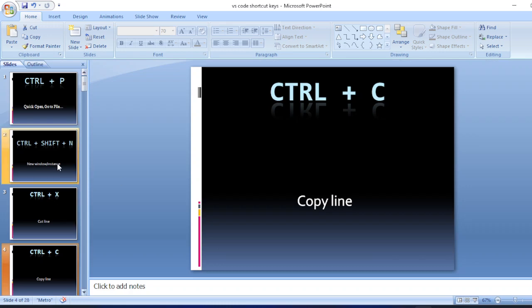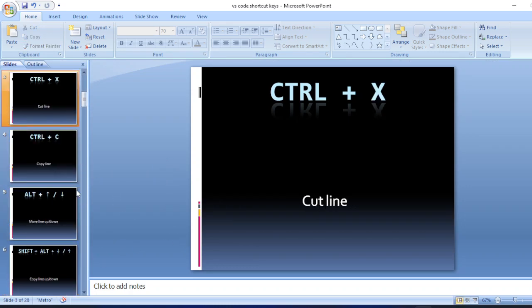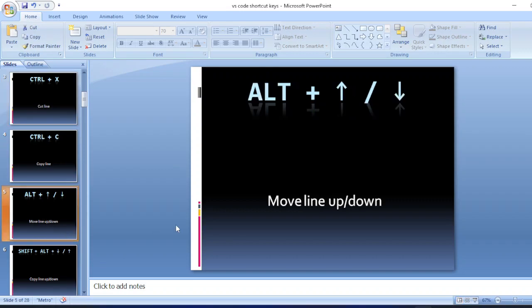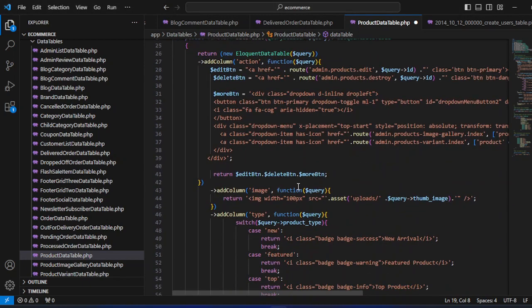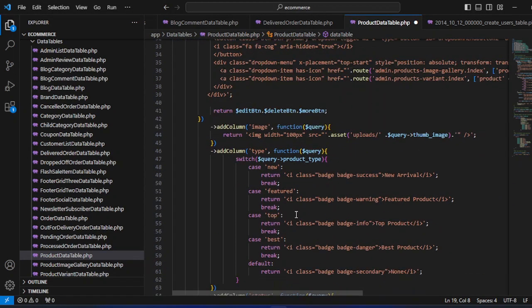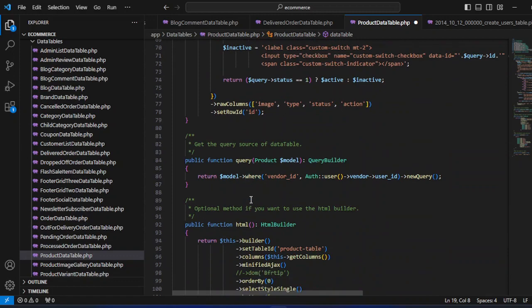It's very useful. The next shortcut key is Alt plus arrow up or arrow down. This is going to help you move a line up or bring it down. Now I'm going to show you what this does. Let's say this line, I want to move it up or I want to bring it down. So what I will simply do is hold down my